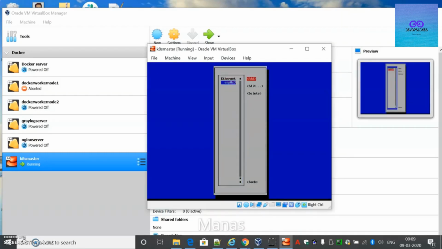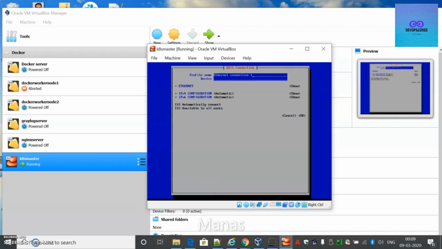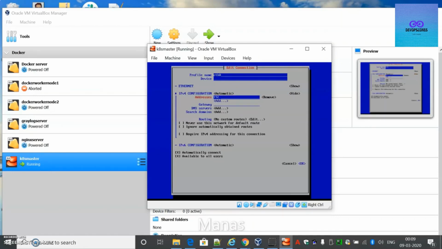Edit connection, add. So let it be like that, or we can just change it to 88.0. We'll configure an IPv4 IP address. So let's add that IP address 192.168.1.110,